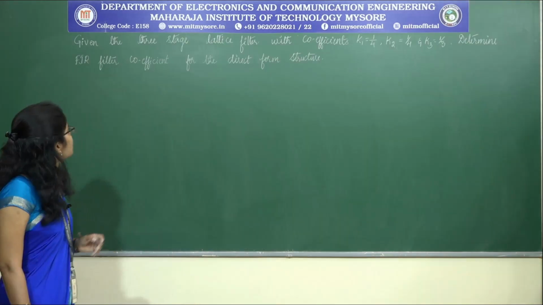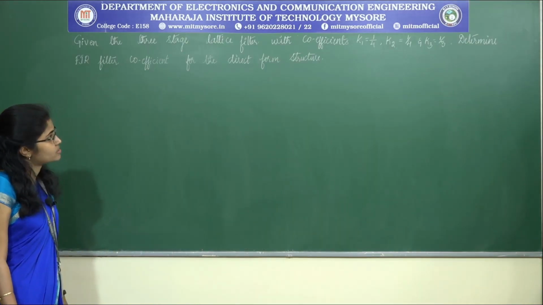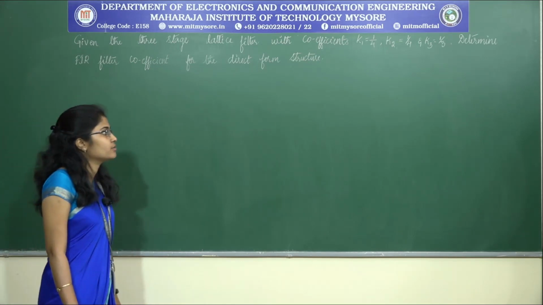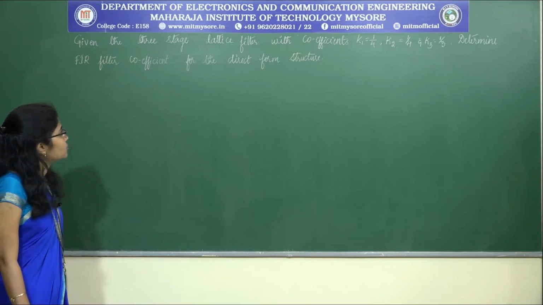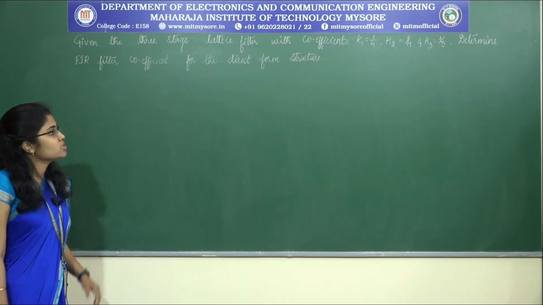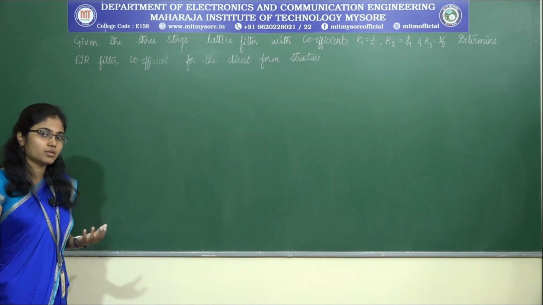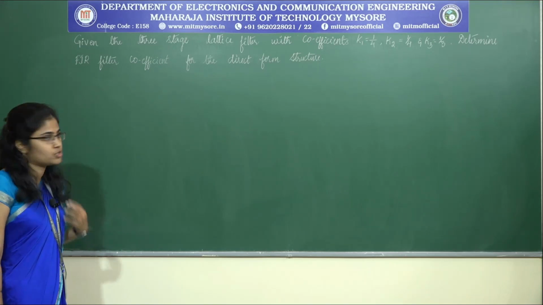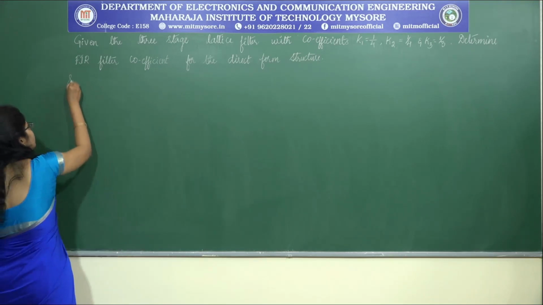The next problem is, given the 3-stage lattice filter with coefficients k1 1 by 4, k2 1 by 4, k3 1 by 3, determine the FIR filter coefficients for direct form structure. So they have given us the lattice structure coefficients. We should try to find out the direct form structure coefficients. For that, we know